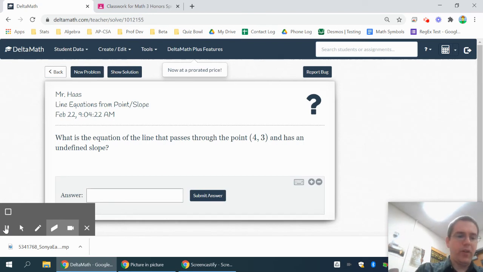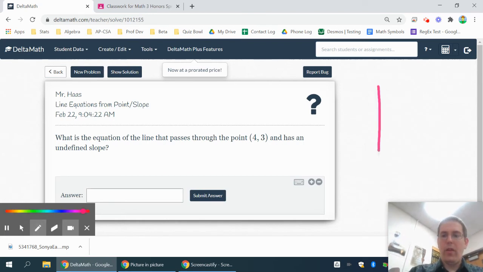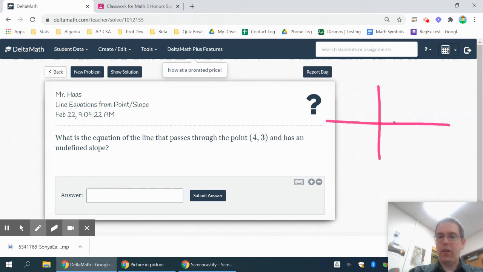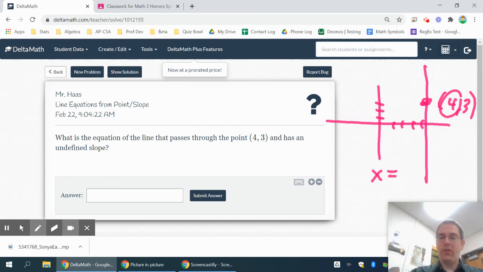Okay, this one talks about a point of 4, 3. I think sketching a graph's a good idea. So over 4, up 3, about like that. And then an undefined slope. Remember, as I said in your review notes on this lesson, an undefined slope is a vertical line. So you have this thing right here that goes through the point 4, 3. Since this crosses the x-axis, you know it's an x equals, and the x-coordinate equals is the x-coordinate of that